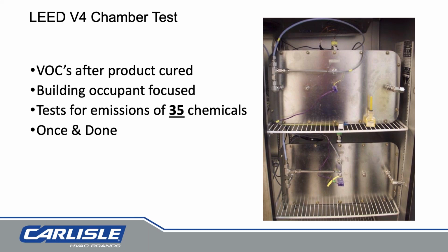The Lead V4 chamber test, when that's run, they look for and detect the emissions and the rate of 35 different chemicals. One thing to note, though, this is really what we would call a once and done test. That means I can test a product one time, I get the results back, and I could use that in my marketing literature for just as long as I want, even if I decided to make changes to the product later down the road. And that's kind of important to understand as we talk about the next step, which is